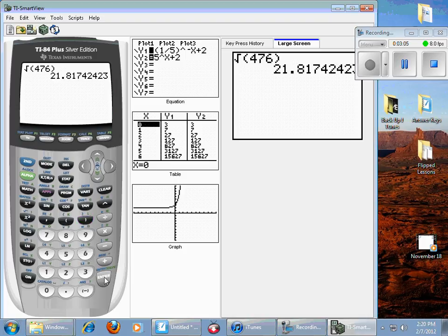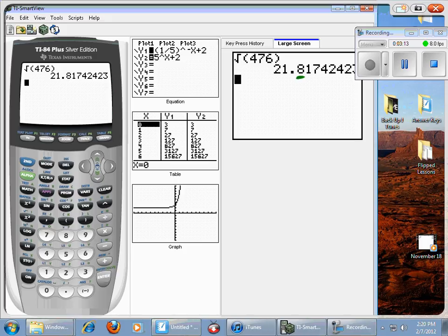Rounding to the nearest tenth is usually sufficient, so when I round this to the nearest tenth, I'm going to look at this 8 right here. This 8 will either remain an 8, or the 1 will cause it to change into a 9. One of those two things will happen. So I look at the number immediately behind the 8. If it's a 5 or more,